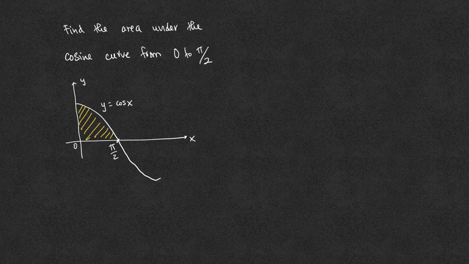To find the area between the curve and the horizontal axis, we know that it is the definite integral from a to b of f of x dx. And using the fundamental theorem of calculus, we should simply find an antiderivative of f, plug in the upper limit of integration, and plug in the lower limit of integration and evaluate the two. This will give us the answer for the definite integral, which in turn gives us the area under the curve